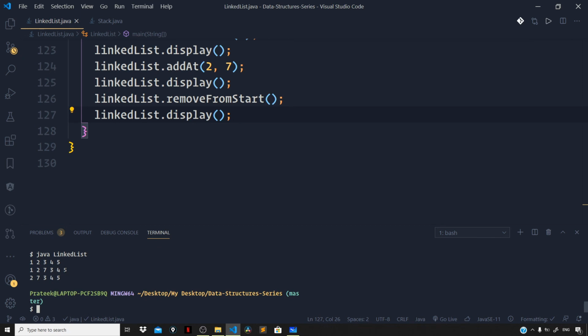So this was all I wanted to cover in this video. Let us move forward to the next video where we will discuss how we can remove a node that is present at the end of the linked list. So let's catch up in the next